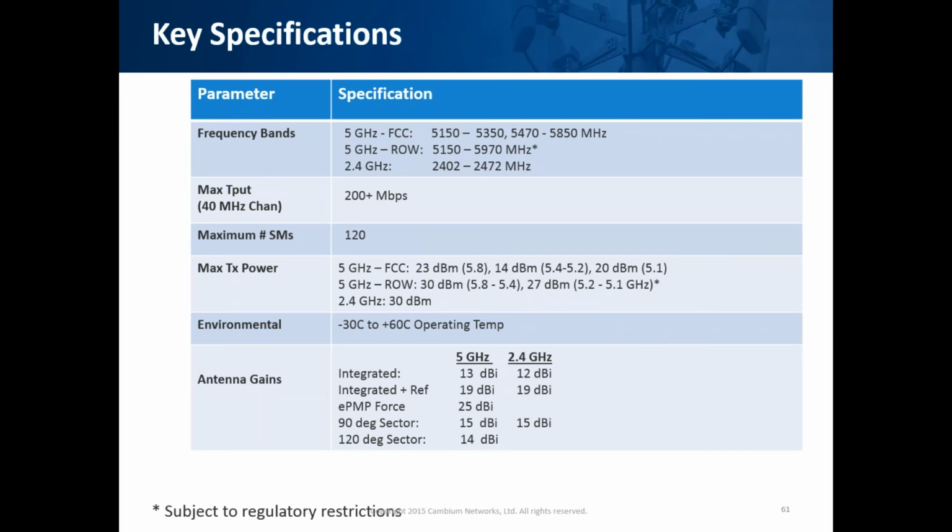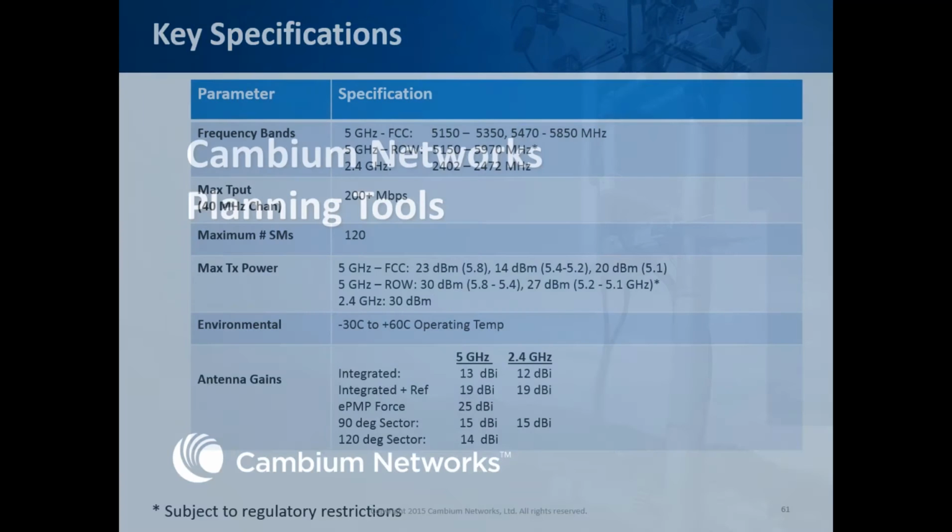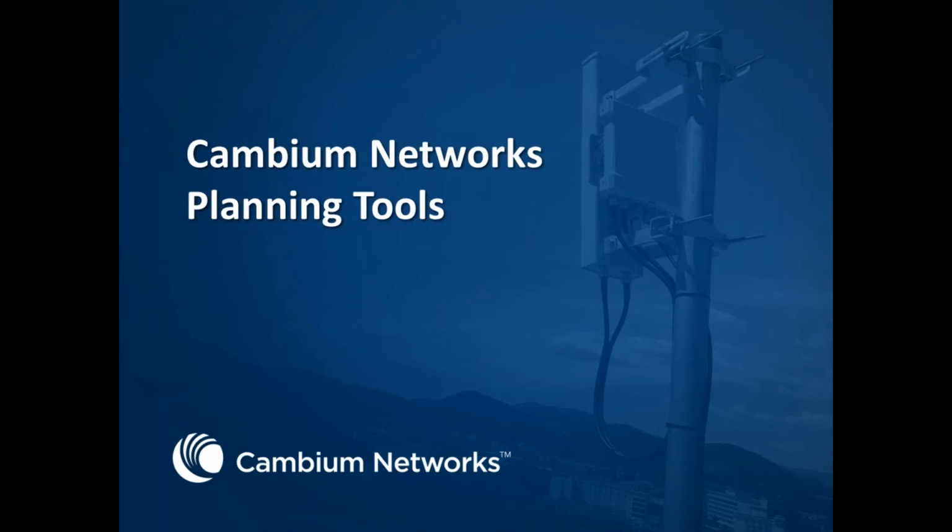Specs on the ePMP, as we talked about before, it operates in the 5 gig frequency, the 2.4 gig frequency. Maximum throughput on a 40 meg channel for an ePMP is 200 meg per sector. So if you put in 4 sectors of that going in a 360 degree, you're looking at 800 meg worth of capacity radiating out at about the same distances that we saw with the PMP 450. Next, Colin. Once again, I apologize for talking fast on this.